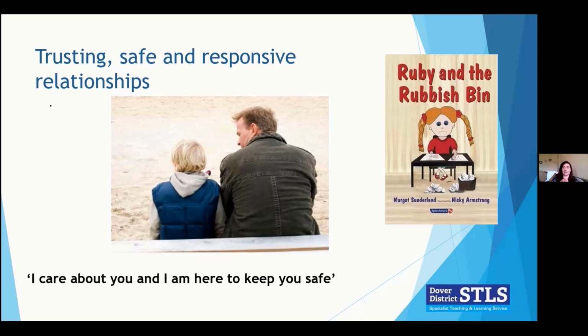So children learn how to make and maintain relationships by their own life experiences. So if this has been a difficult scenario for them, if adults come and go from their lives or they're not as responsive, this can be really tricky for children as they build up their social construct by these experiences. So it's imperative that the adults supporting them are role modelling good relationships, enabling the children to feel valued and respected.